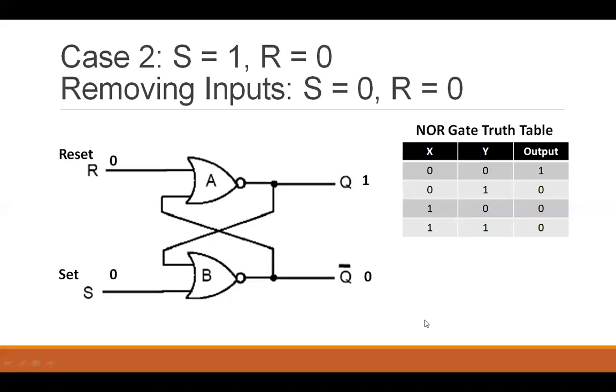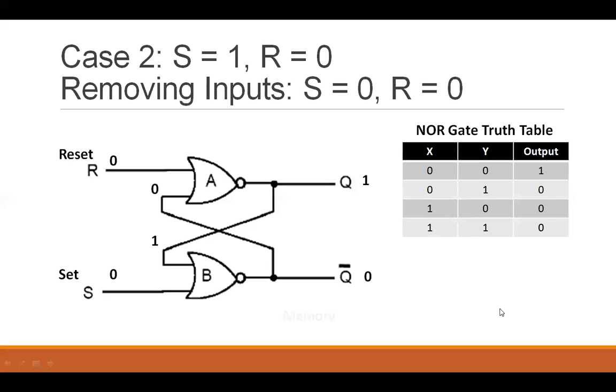So we are going to feed this output back into the circuit. The Q here is being fed into this B, and this 1 and 0 is going to become 0, like the second and third row of the NOR gate, you can see. So Q complement is 0, and this 0 is going back into the A, and 0 NOR 0 is 1, as you can see from the NOR gate's truth table.